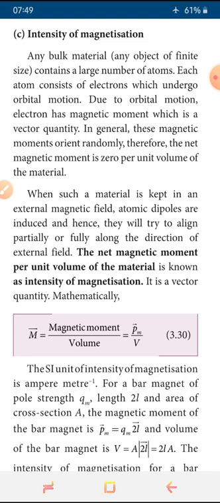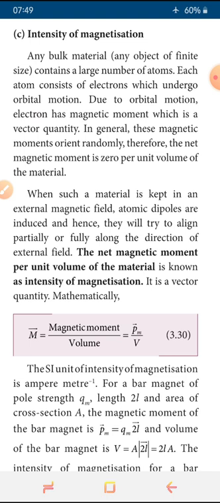So first we'll see what pm is. In equation 3.30, the pm term is given. We discussed this in the first unit for electrostatics, and here it is for a magnet. This pm is nothing but the magnetic dipole moment. It is the product of the pole strength of the magnet and the distance between the two poles. Are we clear? You understand? Yes. And volume: since the bar magnet is discussed, the volume of the bar magnet will be taken. So we are going to alter equation 3.30.